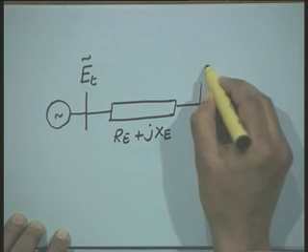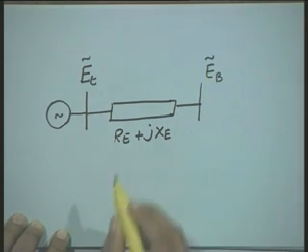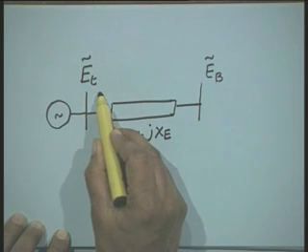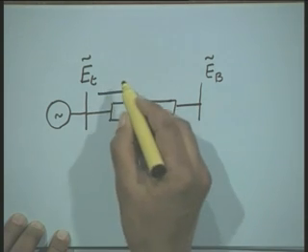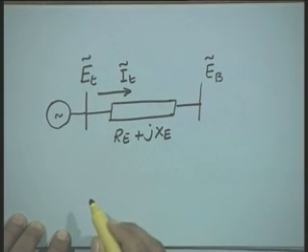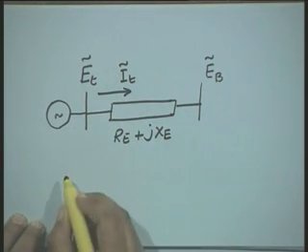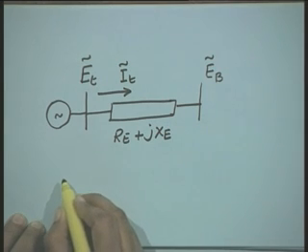The voltage here is E b phasor, right? And I t, the current here, is written in the phasor form, right? Therefore, our network constraint equation is